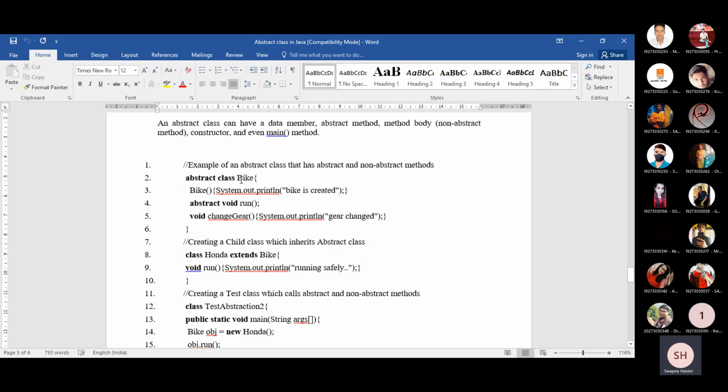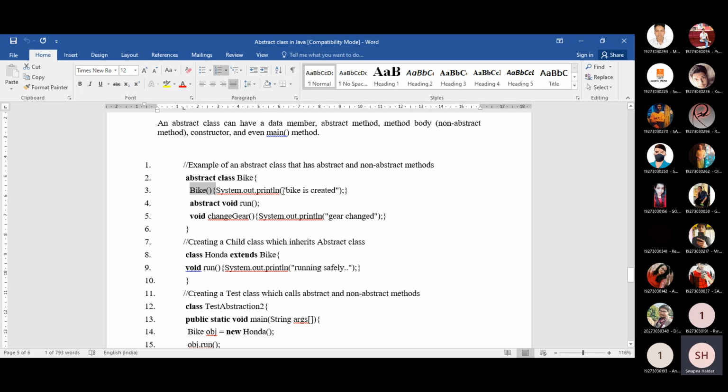After the declaration of this class, here is the definition. Inside this class, we are declaring one constructor, Bike. That constructor doesn't have any parameter right now, and within it we define one statement, that is, Bike is created.